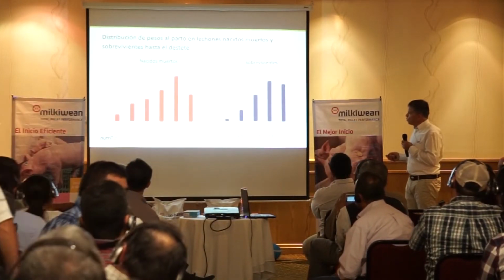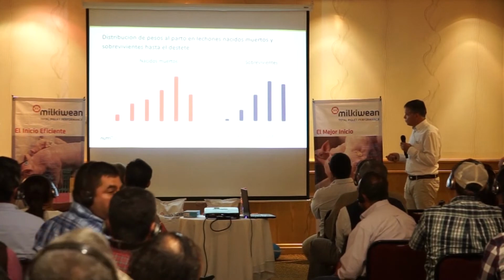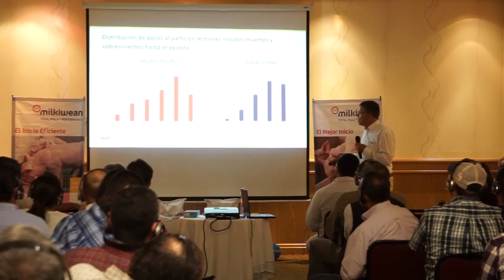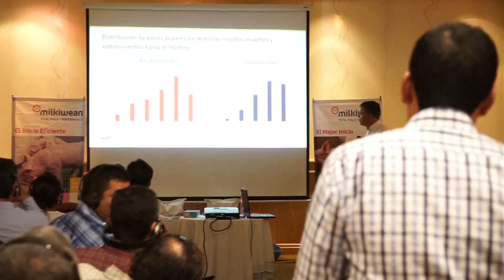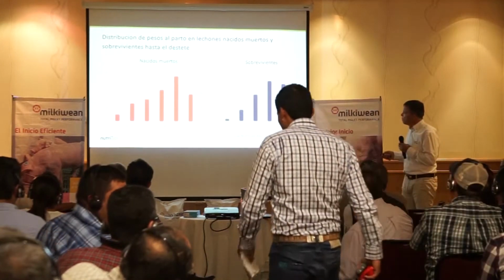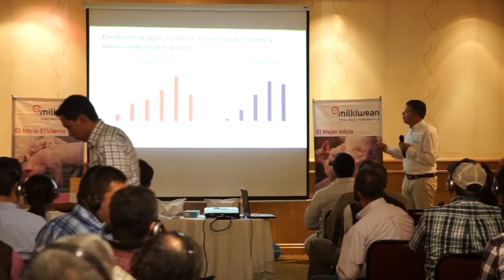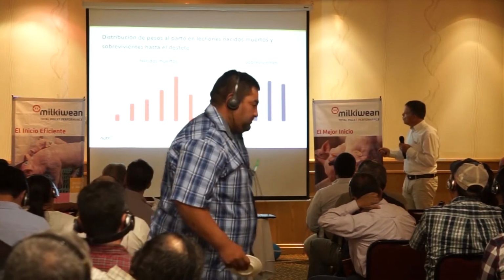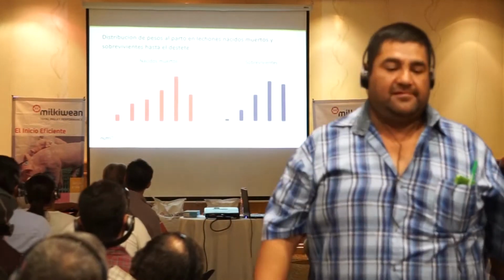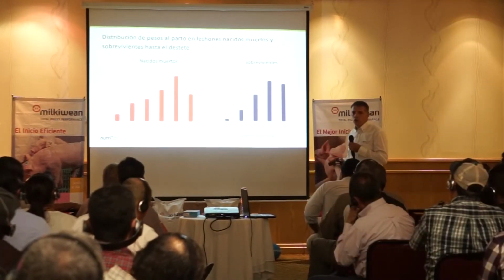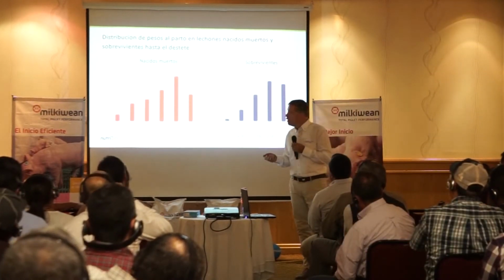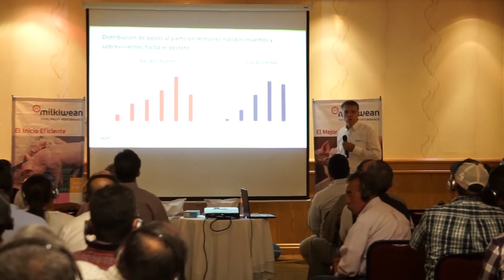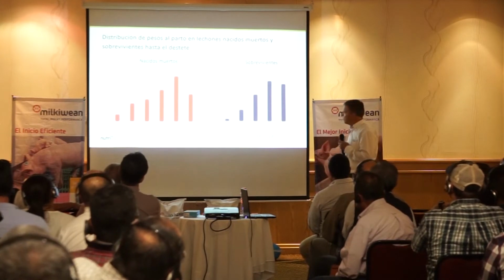When we look at the birth weight distribution of our piglets, from piglets with a birth weight less than half a kilo, up to piglets with a birth weight more than 1.5 kilograms, and we look at the piglets that are born stillborn compared with the piglets that are born alive, we see that the distribution is more or less the same. So it is not, let's say, only the weak piglets that are stillborn, but also piglets that have a good birth weight, and that could be healthy piglets.